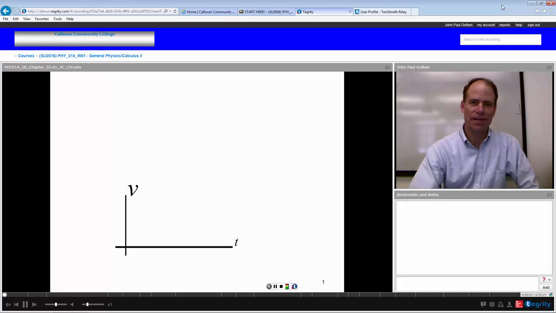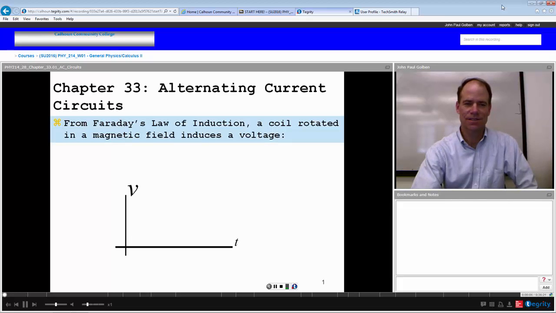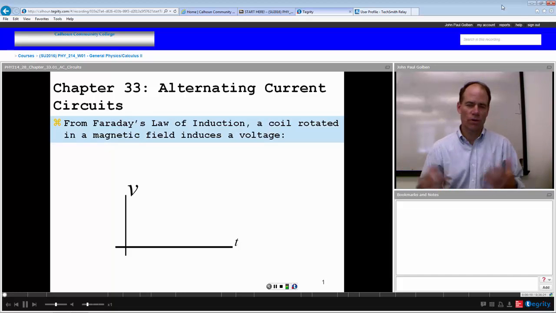Chapter 33, AC Circuits. Consider this. We know from Chapter 31 that one of the ways that we would generate electricity and power is